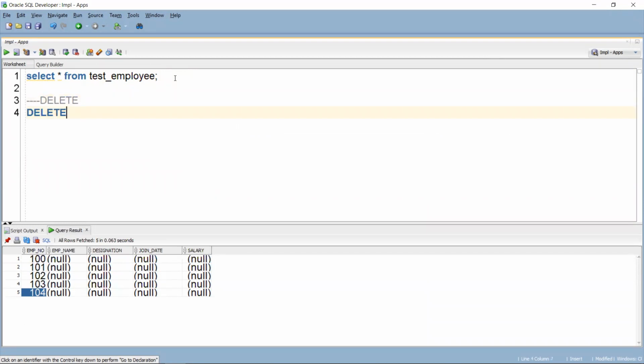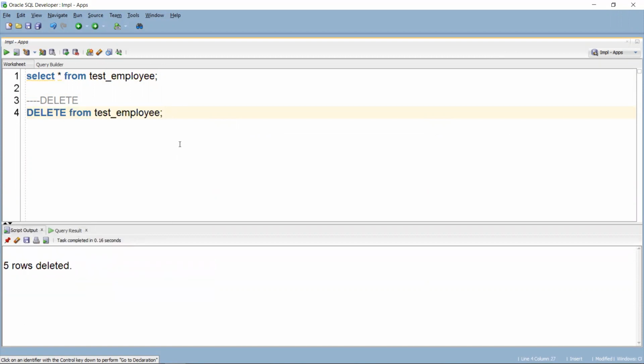Let me delete from test_employee. If I do delete from test_employee, all the records will be deleted. Let me run this. 5 rows deleted.